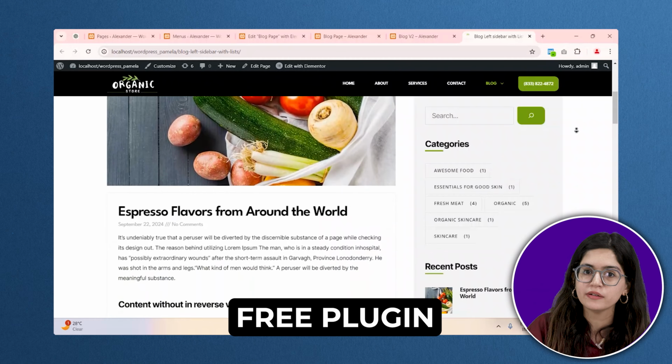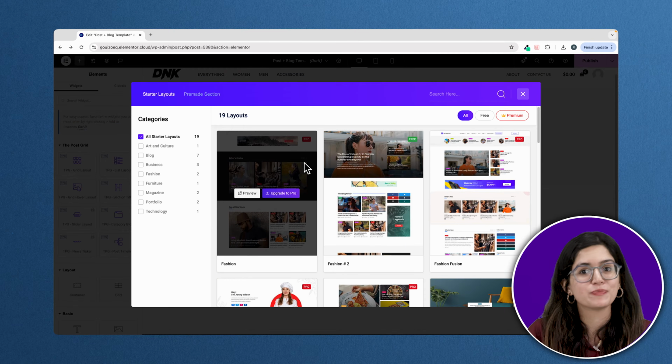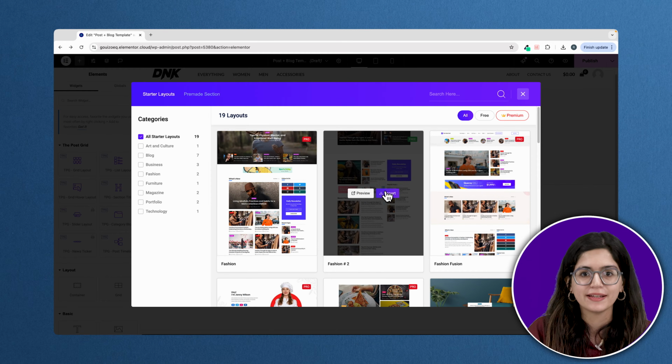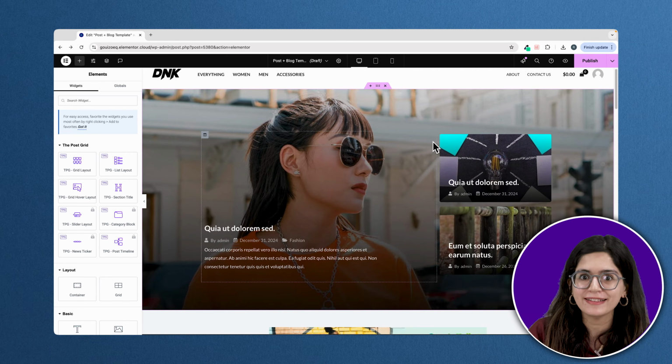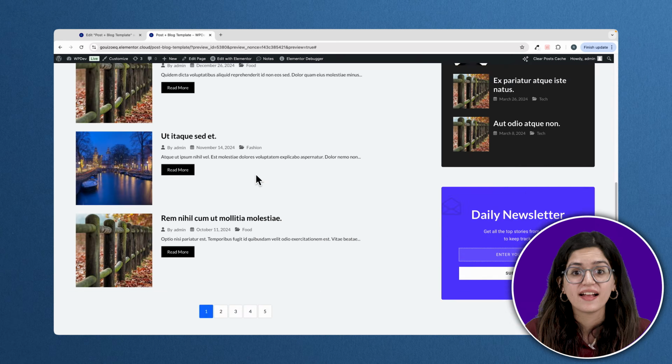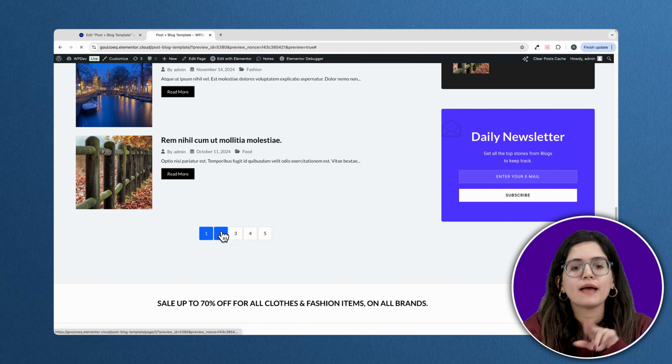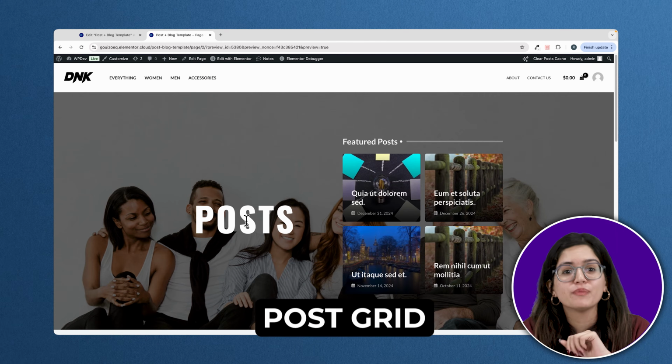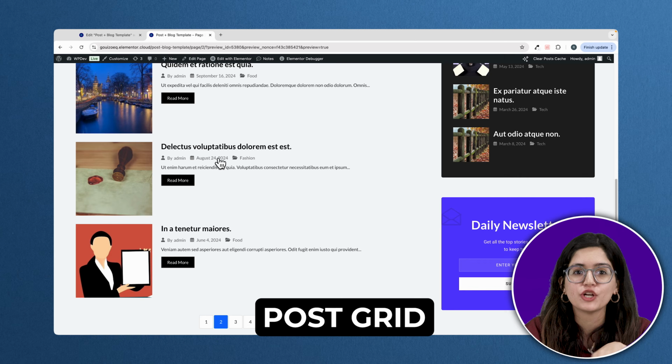Building a post grid or list with this plugin is super simple. Just install it, import a template, tweak it a little, and bang, your page is ready. And yes, you guessed it right, I'm going to cover everything from creating a post grid from scratch to customizing